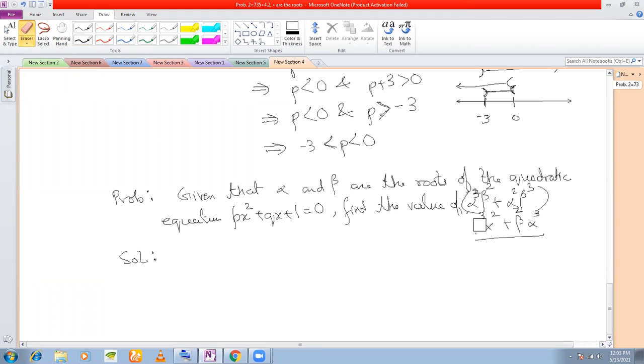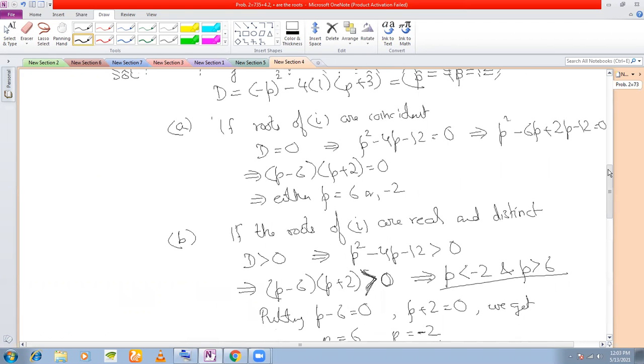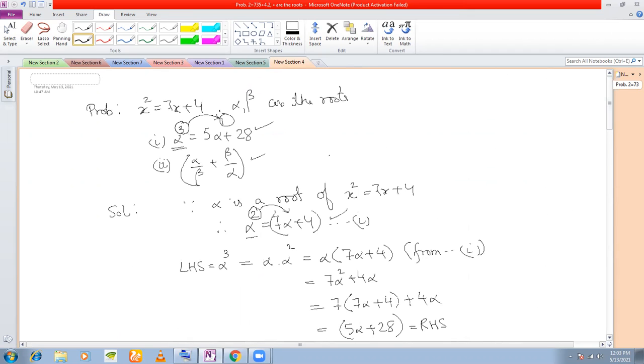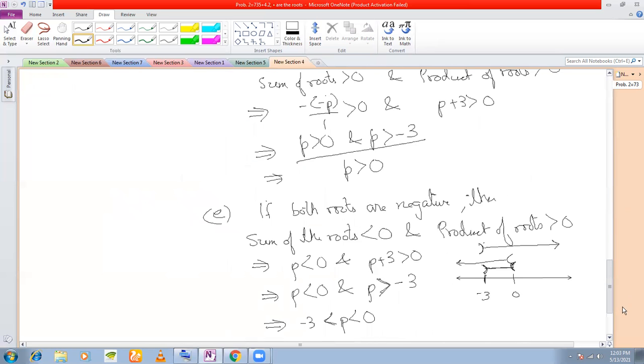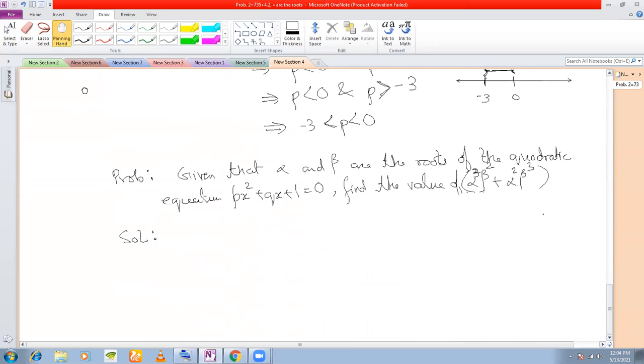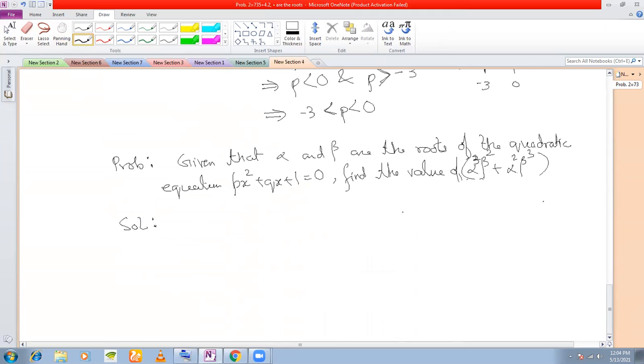The expression remains the same. So such expressions are called symmetric functions of roots. You will find this kind of a problem here also. The second part which I left for you, Kushi, you can now do, because this is also a symmetric function. Once I finish this problem, you'll be able to do that one also on your own. So now see here, you have this as your symmetric function.